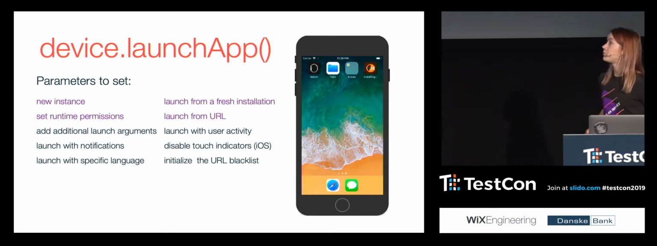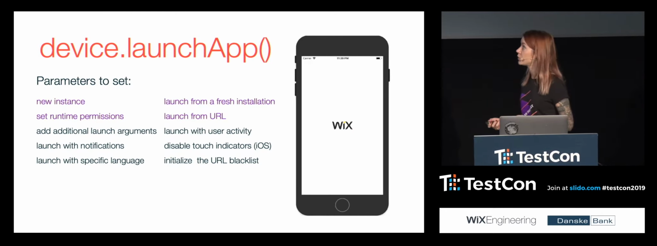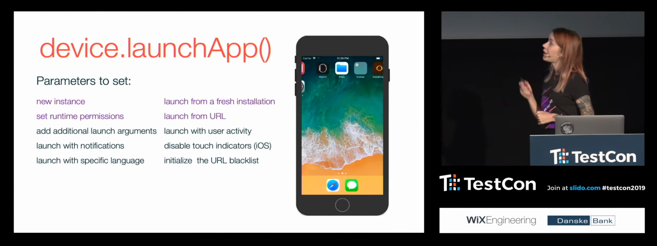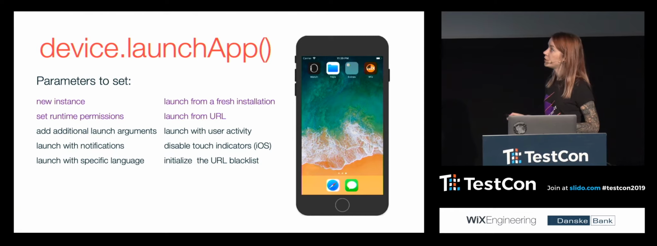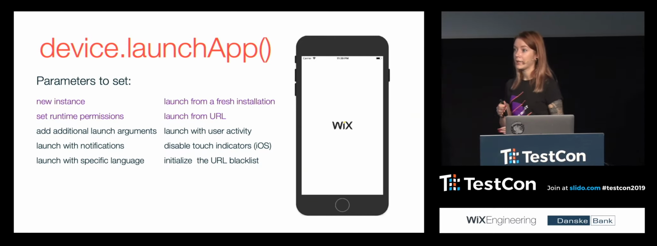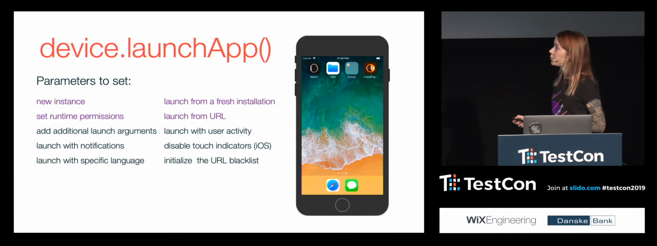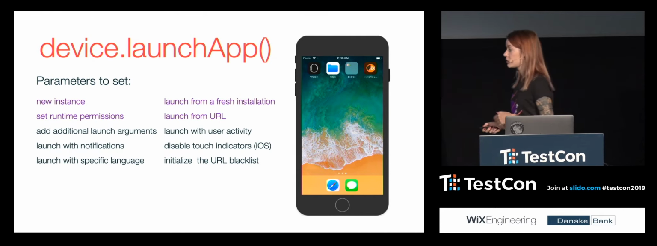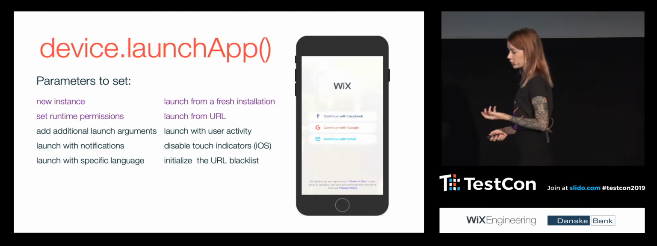The device launchApp function also has different parameters that you can set. Again, in purple I have highlighted the ones that I use most. So we have newInstance, whether the app should be killed before opening or not. Then we have set runtime permissions. That is a really great parameter if you want to avoid any possible